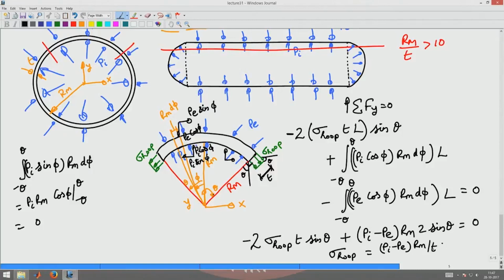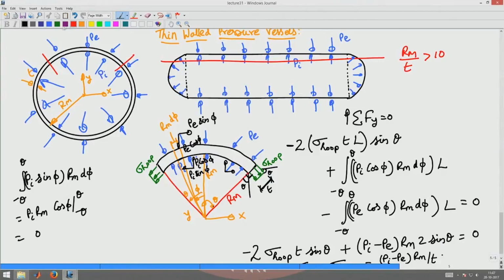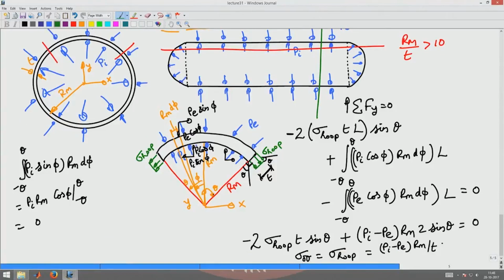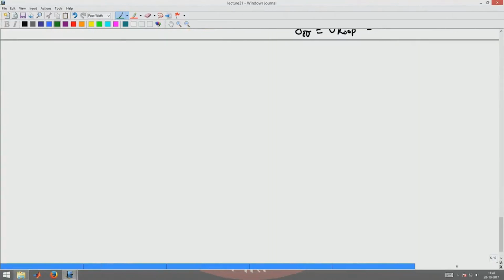Next I am interested in computing the axial stress. In other words, this hoop stress is nothing but sigma theta theta. I am interested in computing the axial stress, which will be sigma zz for this structure. To compute the axial stress, what should I do? I have to induce a different cut, a cut which is vertical, like this, so that only then the axial stresses will be exposed. Now, let us analyze what happens when I cut the cylinder like that. I cut the cylinder like I showed before, I will get